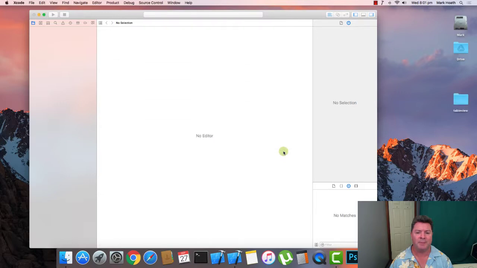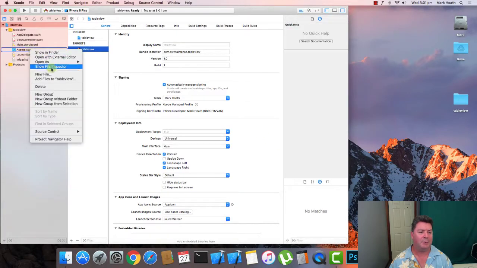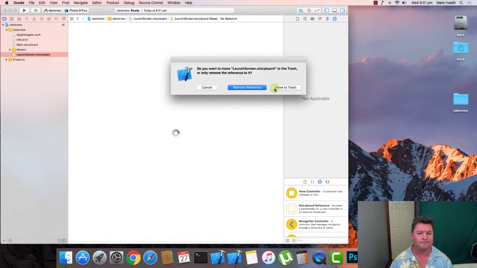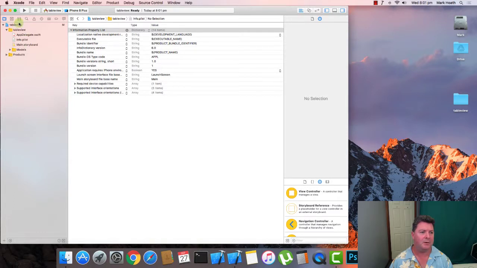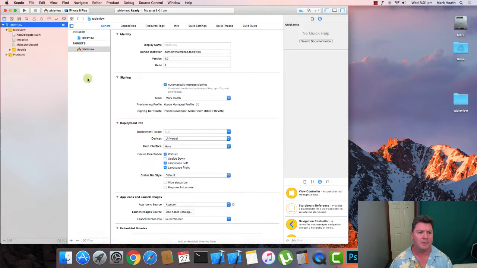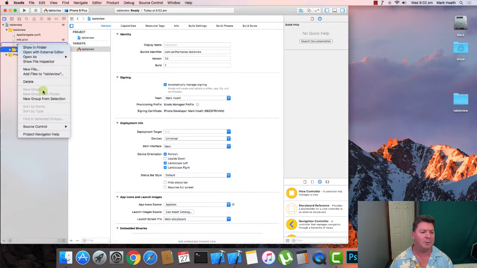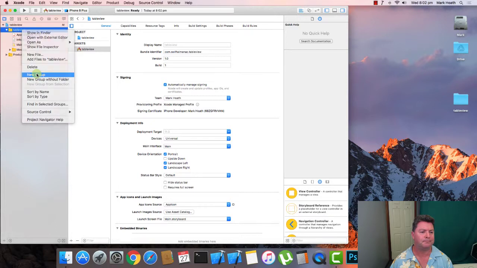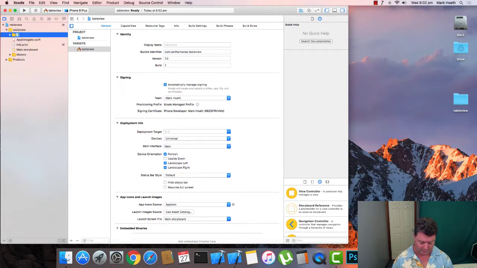We'll save it on the desktop and we'll do our typical cleanup. We don't need view controller because we're using a table view controller. We don't need the launch screen. In our table view target, we want to change this launch screen just to say main so we don't get any errors. And then we want to create a new group, which we'll call table view